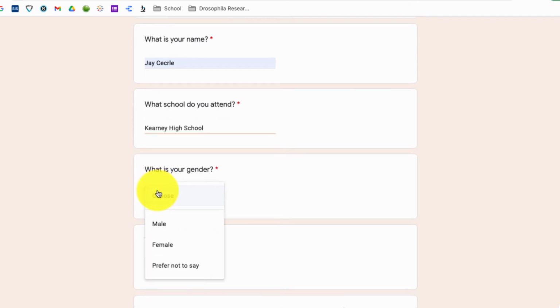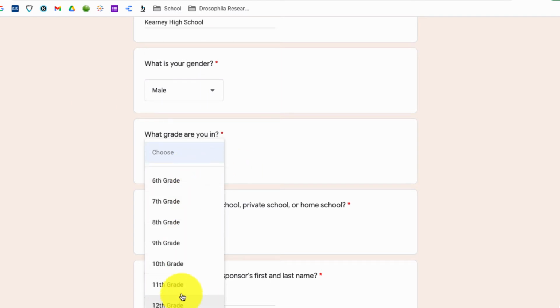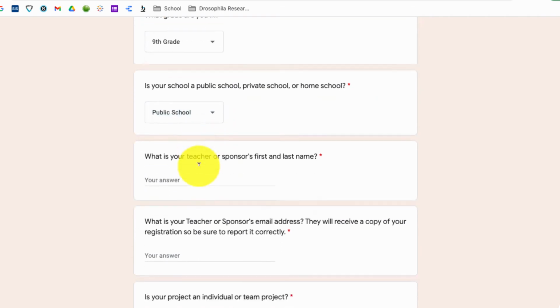Okay, gender male. If you wonder why we have these here, this is for reporting purposes when we're done. So I would prefer that you let us know whether you're male or female, but if you don't identify with either one of those, that's okay. Just make sure you put prefer not to say. What grade you're in, pick the grade. We'll say I'm a ninth grader. I go to a public school,